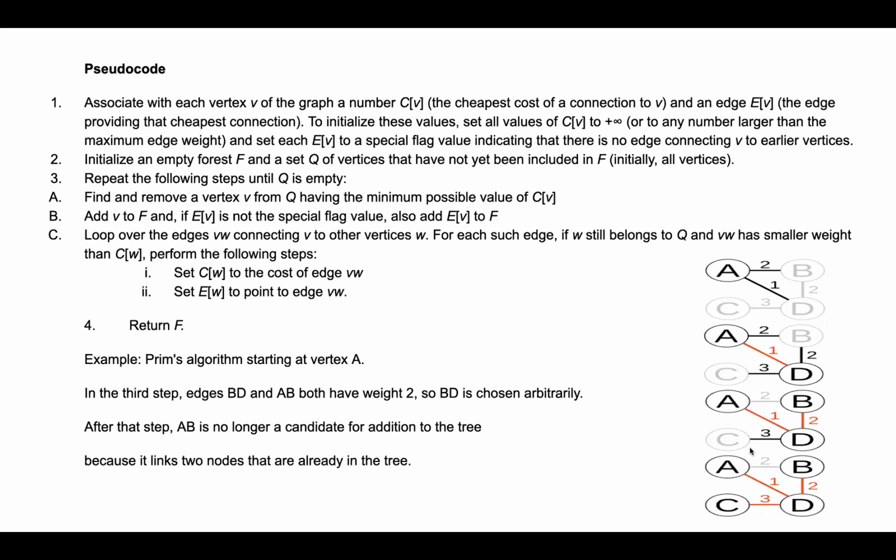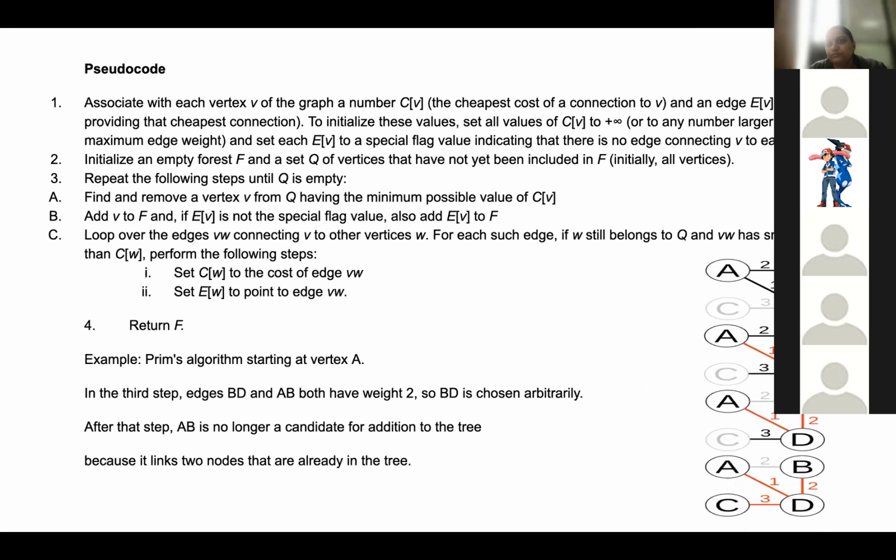Have you got the concept of this spanning tree? If this is the same case, four vertices A, B, C, D, I can say that this is one spanning tree, A to D, B to D, C to D. But I will say one more spanning tree will be there. What type of spanning tree will it be? Can anybody tell?